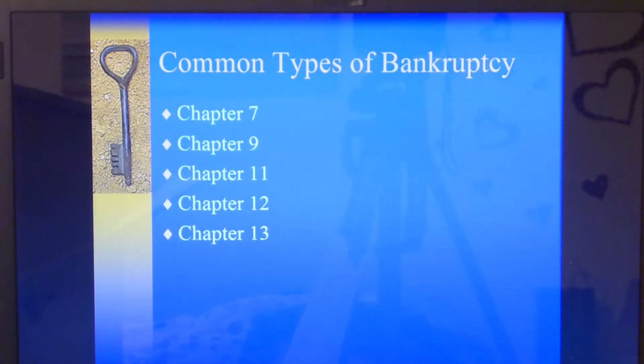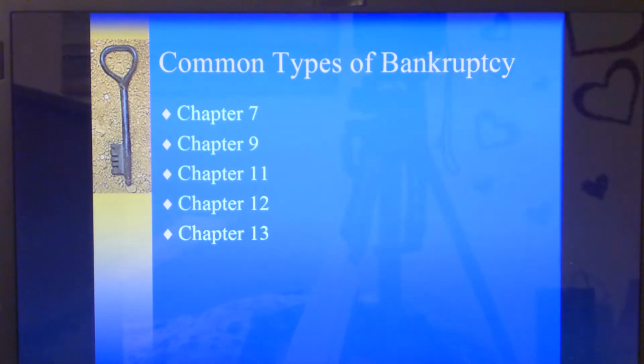Relief under Chapter 12 is voluntary, so only the debtor may file a petition under that chapter. So none of the creditors can file an involuntary petition against a family farmer or a family fisherman. And finally, Chapter 13, the chapter of the Bankruptcy Code that provides for adjustments of debts for an individual